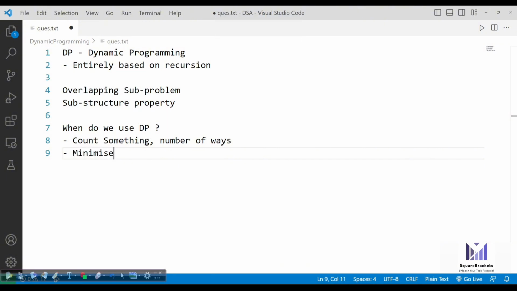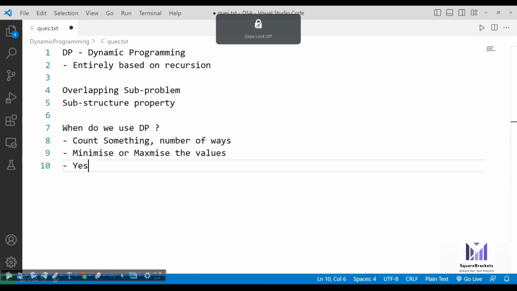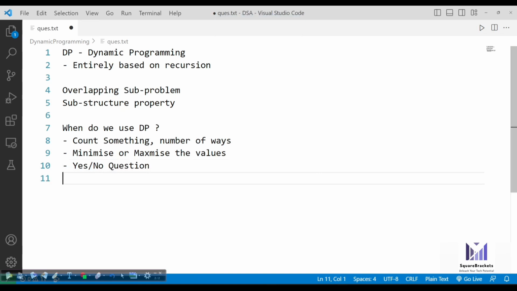It could also be helpful in minimizing or maximizing values, like minimizing or maximizing profit, and in yes/no questions. But most importantly, it is used when you have to count the number of ways of doing something. That is the most popular use of DP.